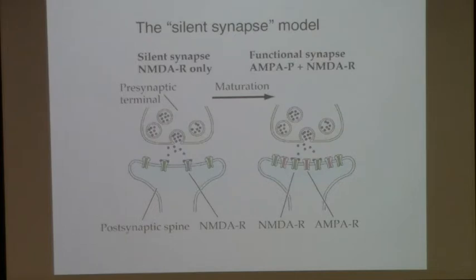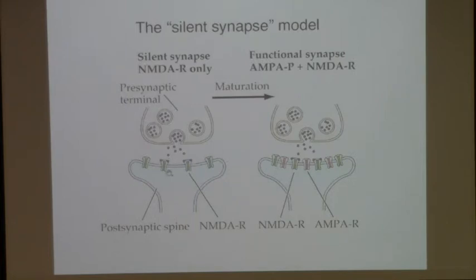And the other thing is that in all of those experiments, for simplicity of the recordings, you maintain the voltage of the cell at a very negative voltage. Okay? And she said, well, what if